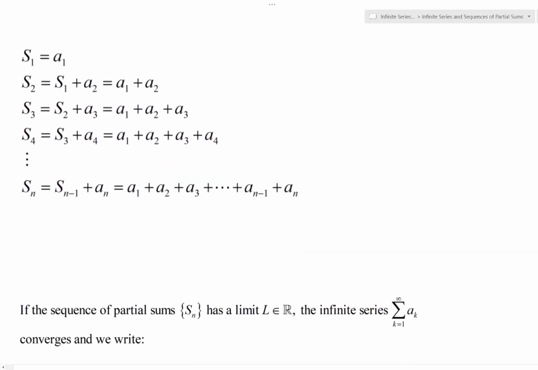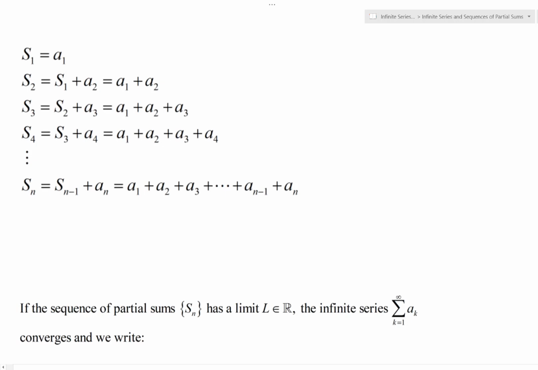And that's what this is saying. If the sequence of partial sums here has a limit, you look at the limit of that sequence, let's say it's a real number L, then the infinite series, the sum of all the a sub k's, converges,